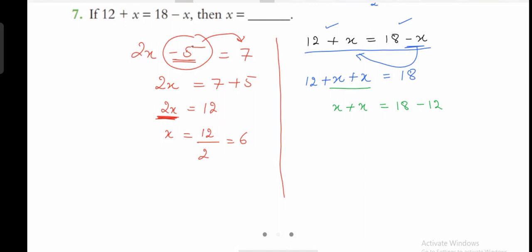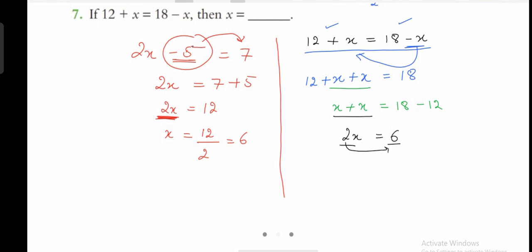Now further we can write this. These two are like terms. If you add these two like terms, you get 2x. While on this side of the equal sign, you get 18 minus 12, which should be equal to 6. Now again you see on one side of the equal sign we have 2x and on the other we have 6. As I have told you, to find the value for x, you have to take each and every numerical value on one side and the variable on the other side. So you have to take this 2 also